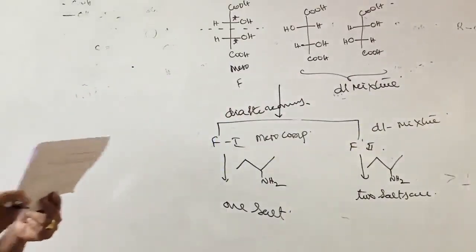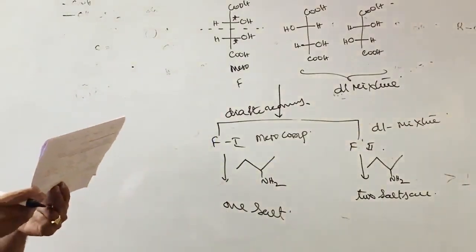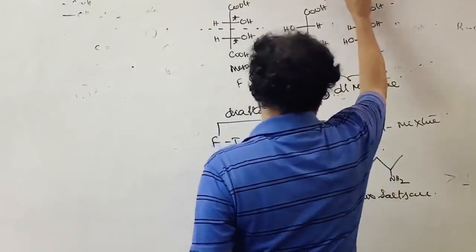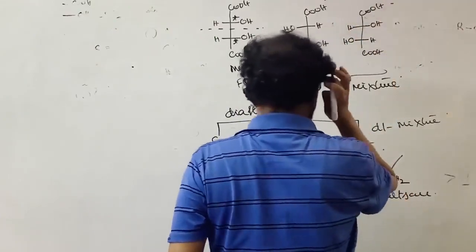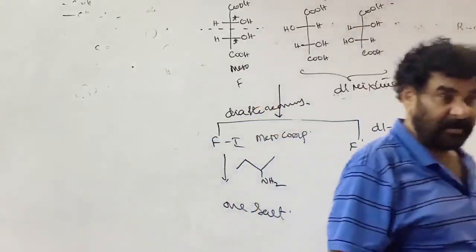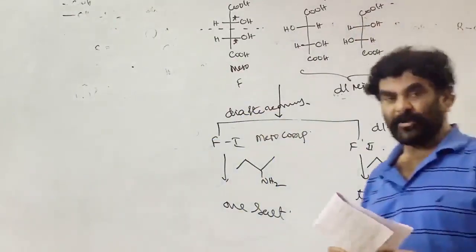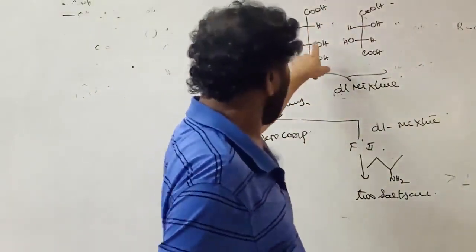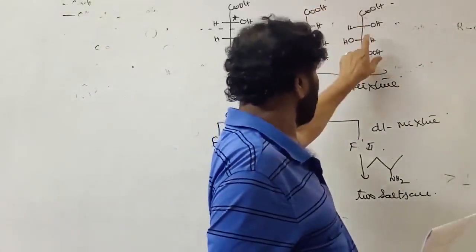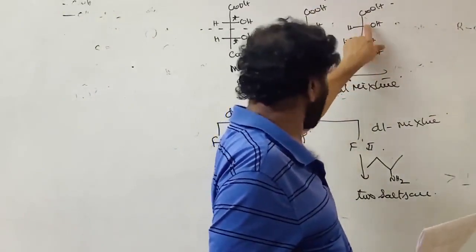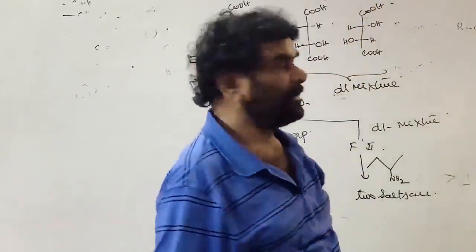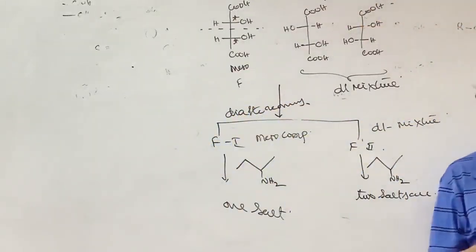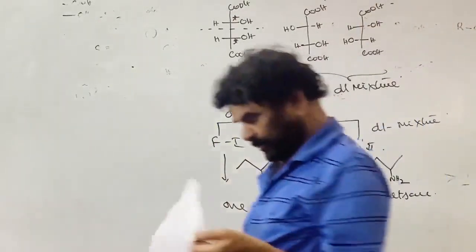C is correct. And what is the relationship between the two salts obtained from fraction 2? Here the two are forming a salt of this, a salt of this. So what happened? They are diastereomers again. DL enantiomers are converted into diastereomers. That is, this is SS R, and R, so they differ in configuration. So they are diastereomers. C is correct.